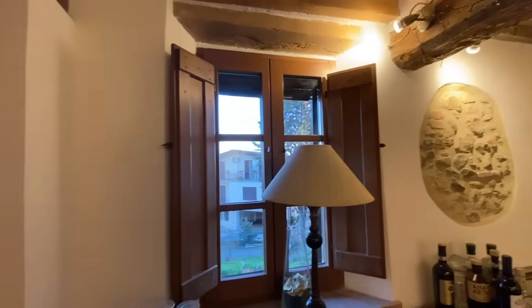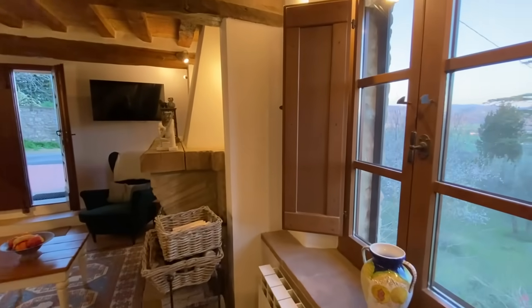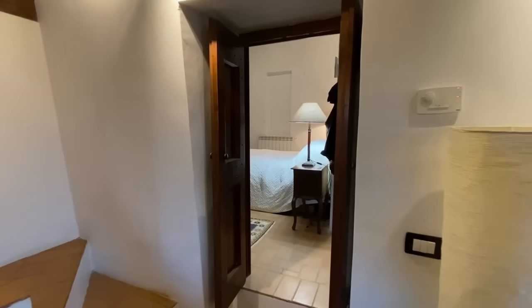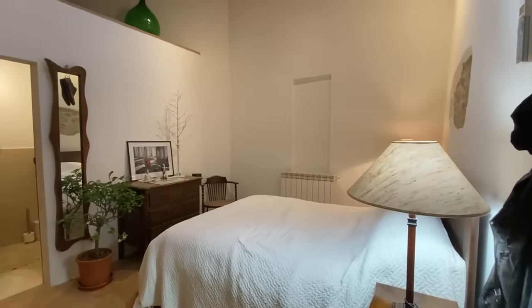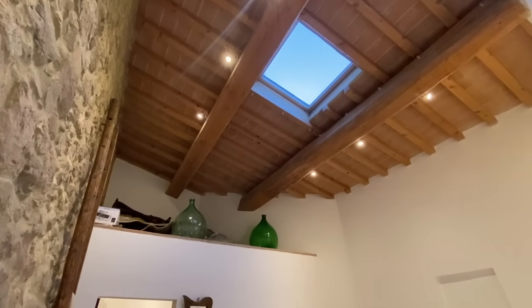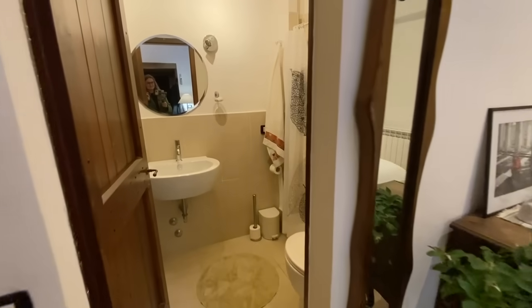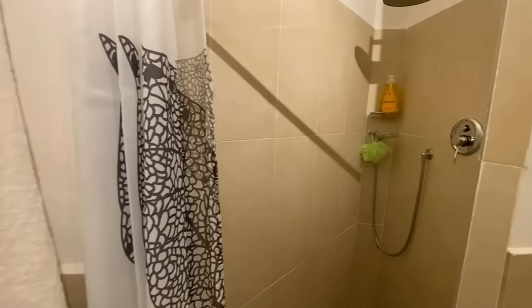The owner is a carpenter, and you can really see he treated the wood in a perfect way and maintains it very well. And on this side, an annex was added on, an extra room with a high ceiling and a glass Velux window, which is their main bedroom, with a bathroom, as you can see here, with the shower